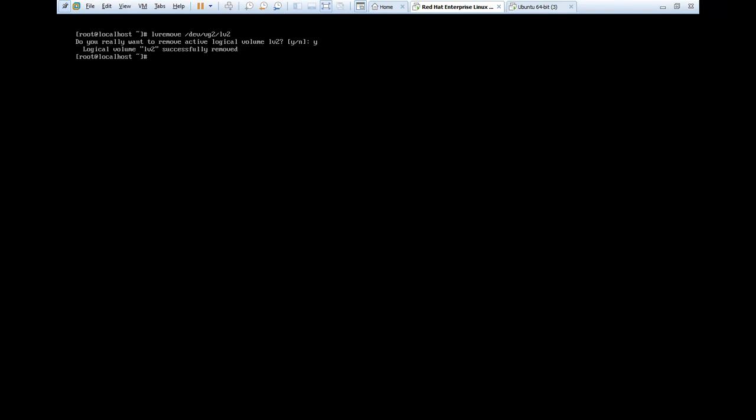Then vgremove VG2, that has been successfully removed, and pvremove